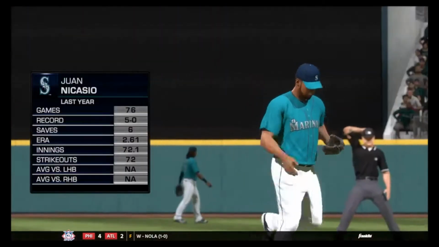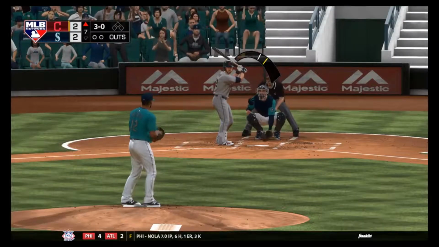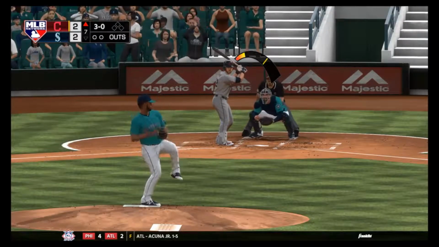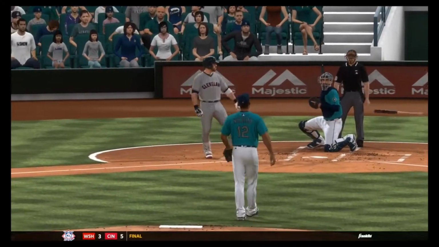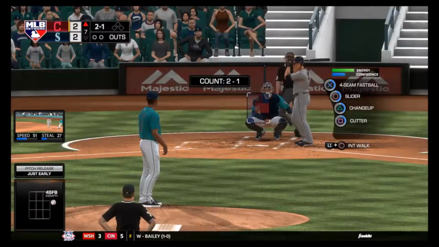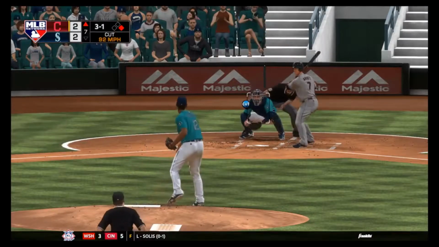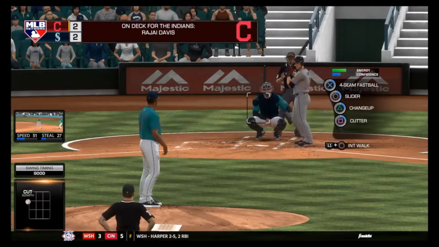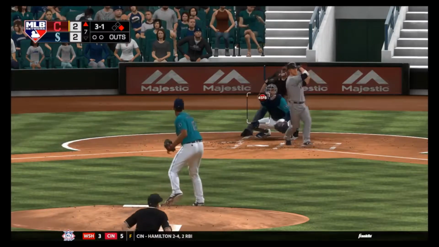We'll put in Juan Nicasio here to hopefully get us through a couple more innings, and see if our guys can get some more runs on the board. But he does exactly what you don't want to see from an incoming reliever and walks the first batter and quickly goes down here on the second batter, 3-1. Manager's not going to be too happy about that, as